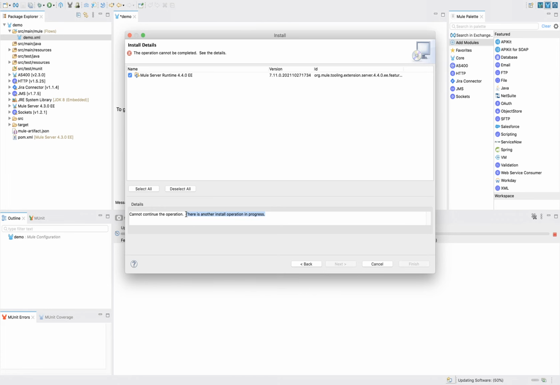You can see here another install process is in progress, that's why I can't. So we will come back to this, or we should wait if it will not take much time.